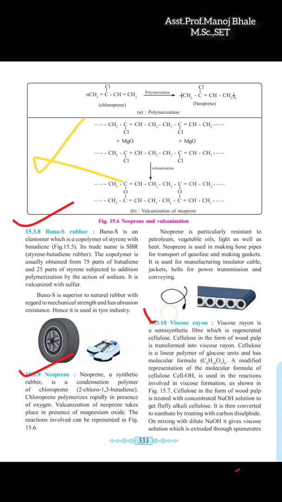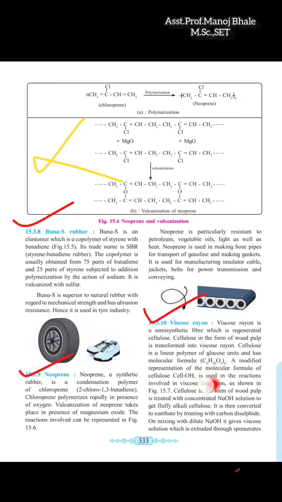Okay, next one which is given there, viscose rayon. This is viscose rayon, a semi-synthetic fiber which is regenerated from cellulose. Cellulose is the starting material we are using there, in the form of wood pulp, which is transformed into viscose rayon. Cellulose is the linear polymer of glucose, and it has the molecular formula which is given there,